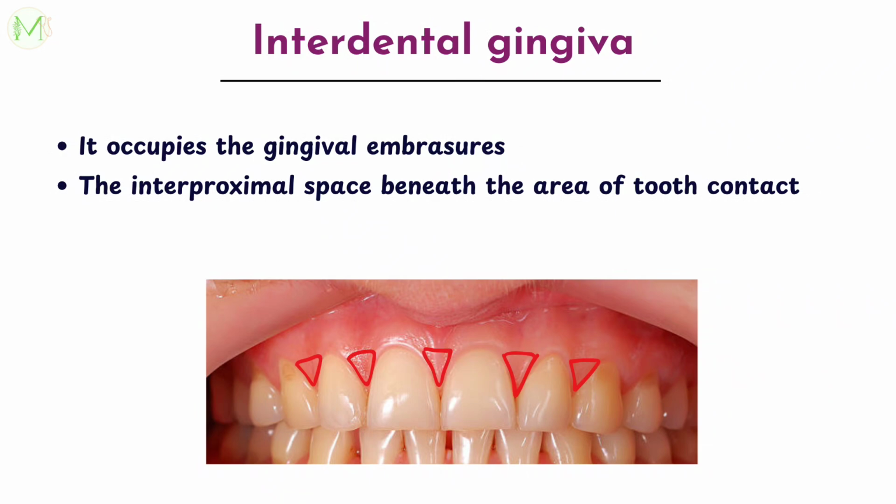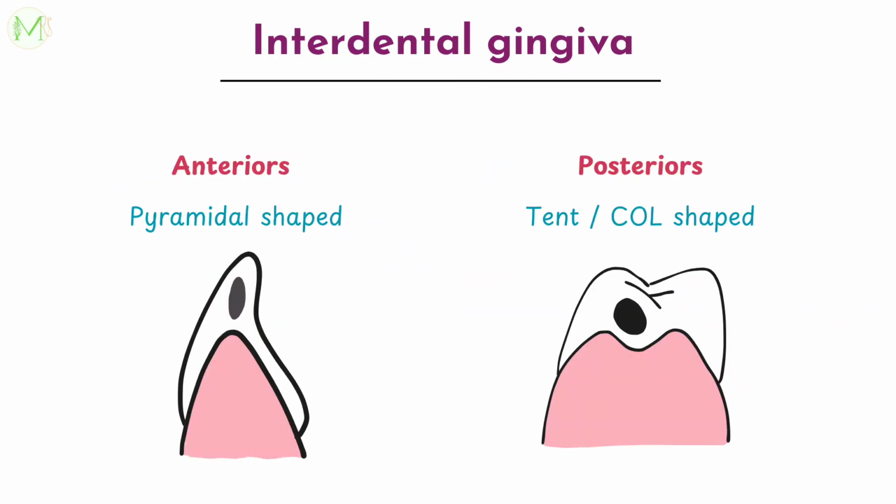Now let's move on to the interdental gingiva. Interdental gingiva occupies the gingival embrasure, which is the interproximal space beneath the area of tooth contact. In anteriors, the interdental gingiva can be pyramidal, and in posteriors, it can have col shape. It is pyramidal in anterior tooth because the tip of the papilla is located immediately beneath the contact point, whereas in posterior teeth,